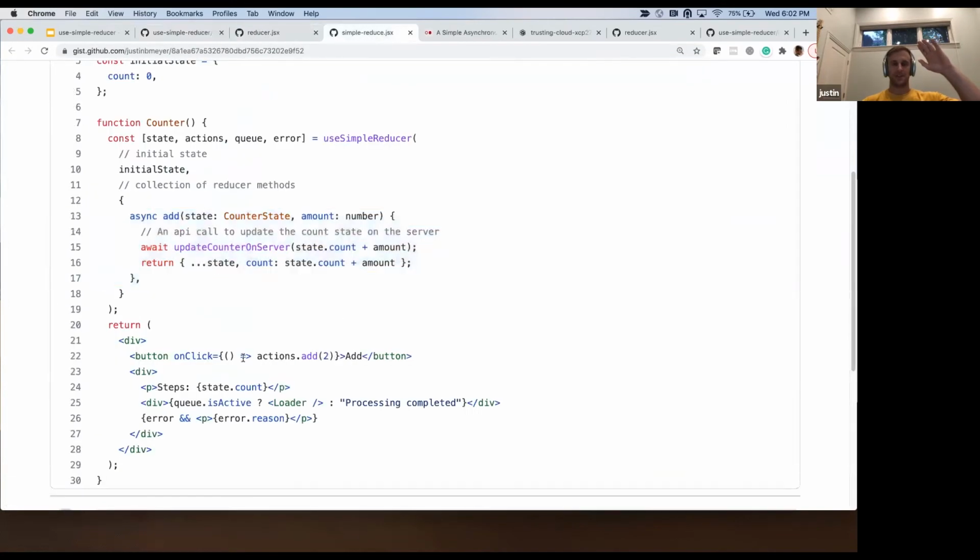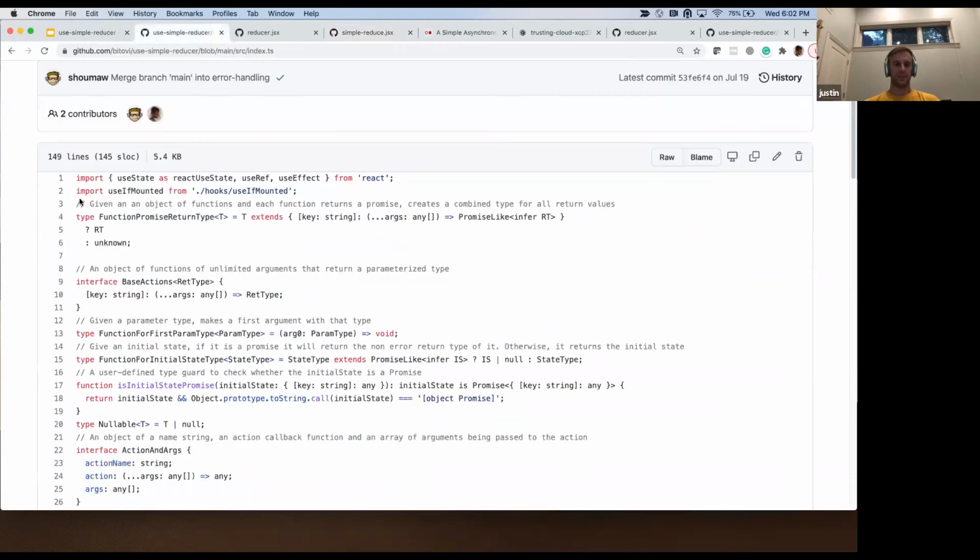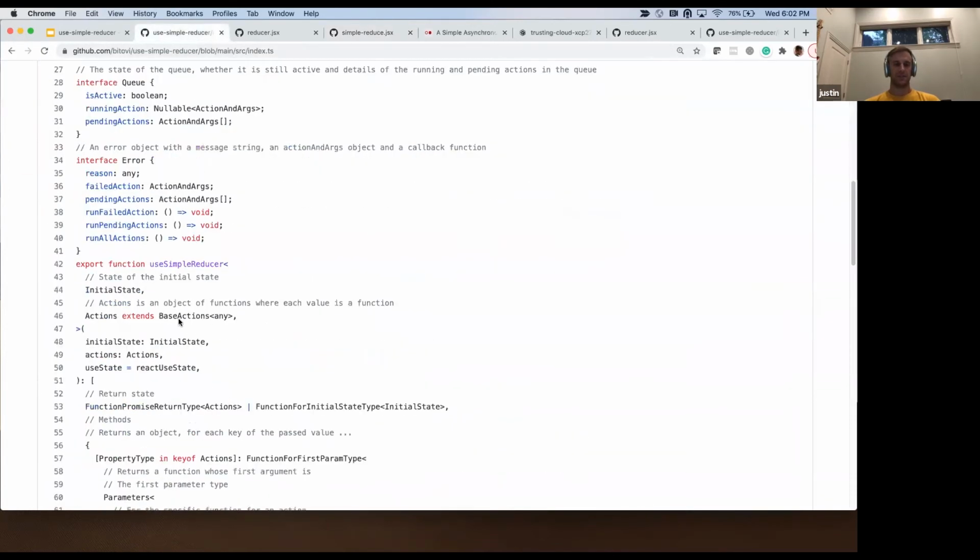I talked about how the add action here just takes a number. And this async, it's a second argument to make it so that you don't have to do, like, this works. If you pass this a string here, it's going to freak out because your amount is not a number, and shifting the arguments like that is some pretty, at least for me, funky TypeScript. And you can see, like, of the implementation,